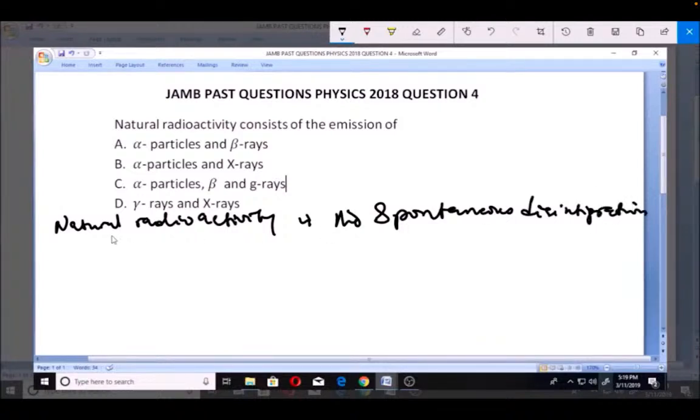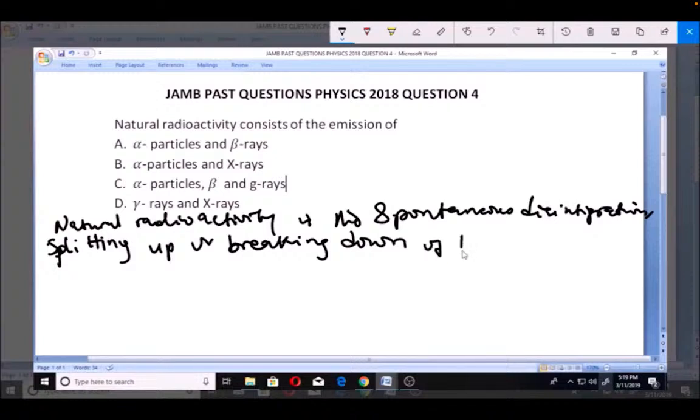Natural radioactivity is the spontaneous disintegration or splitting. You can call it disintegration or you can call it splitting up or breaking down of the nucleus